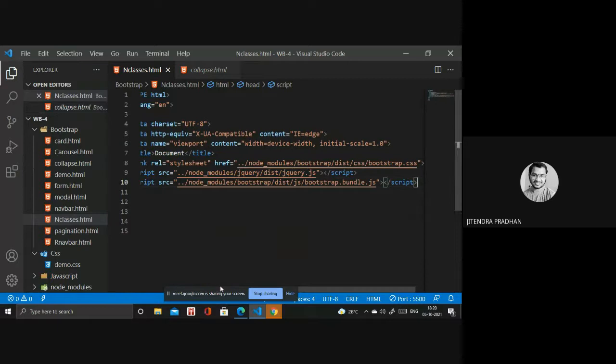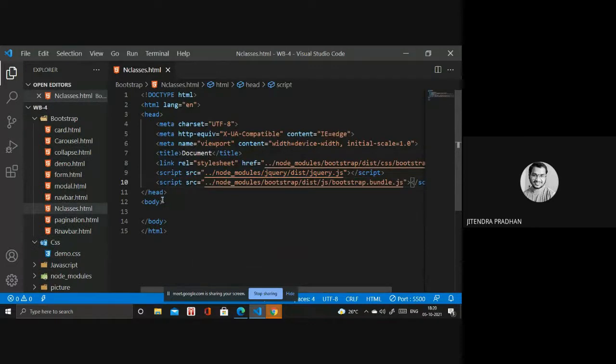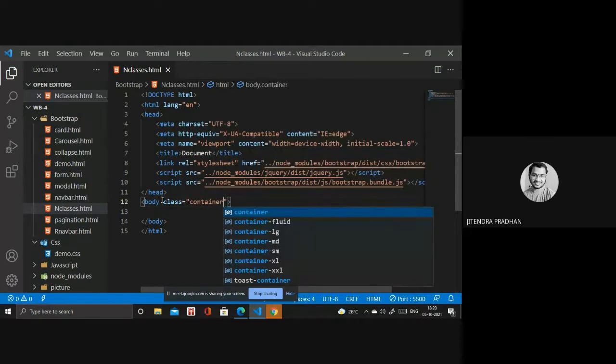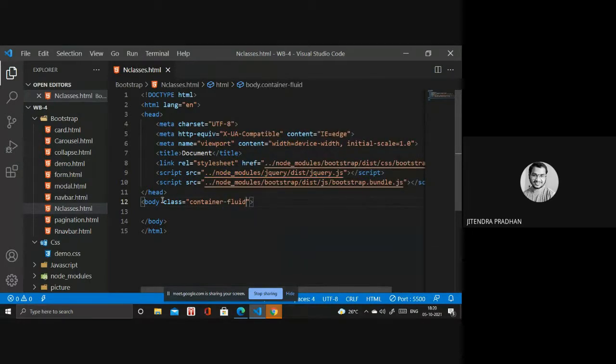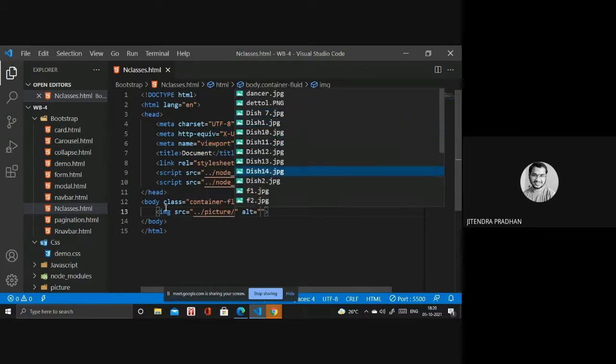So next thing, designing something. Class done. You have to write the class container-fluid or container, whatever you need. In that, if I give an image with a source, a picture inside, it's like a fish.